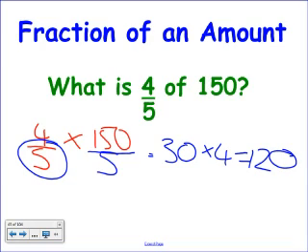So the easiest way to work out a fraction of an amount in Unit 2, which is the mental arithmetic paper, is to do that. If you divide the 4 by 5 first, you'll get 0.8. 0.8 times 150 is a horrible multiplication to do. Okay? Your best bet to get the same answer is to take the amount, divide it